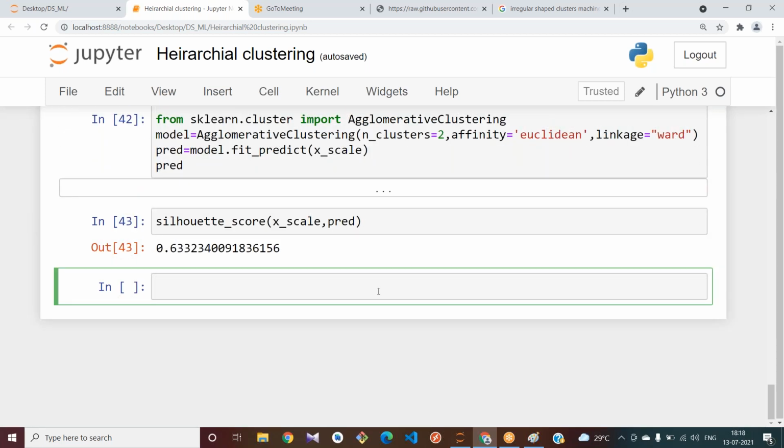Now all of you try to plot this data. See, my predicted data is present in PRED, right?